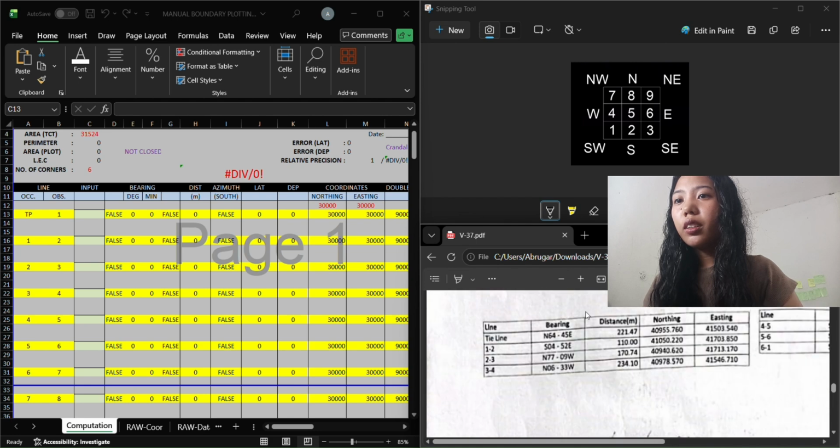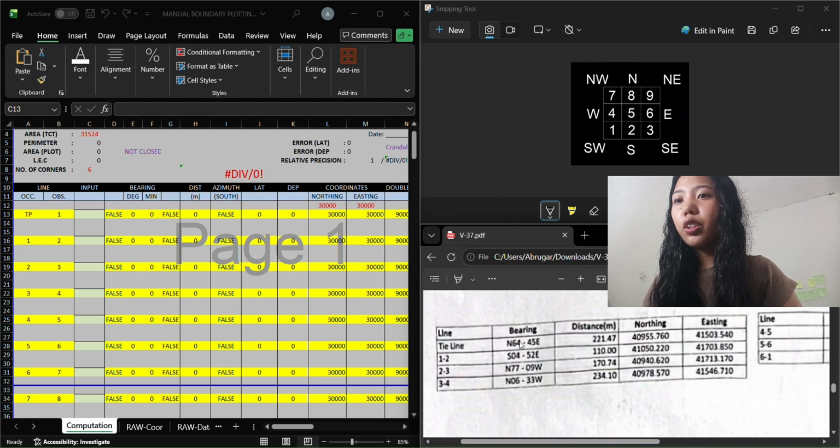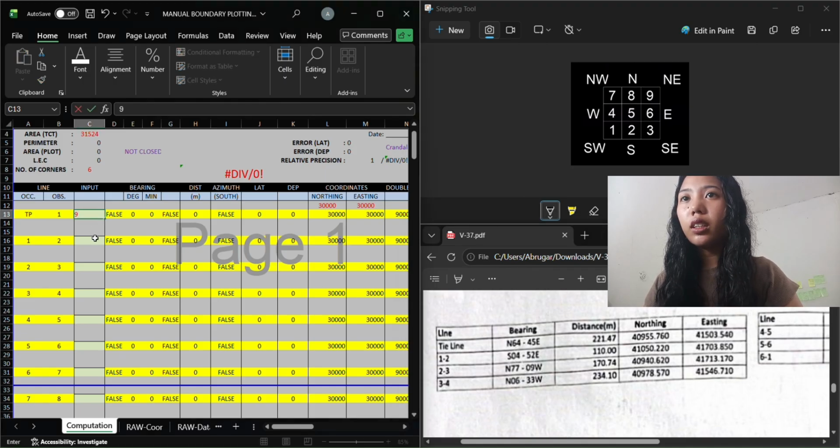First is the tie line. The bearing of the tie line is northeast, and northeast is 9, so put it on the first row. Next is 64.45.